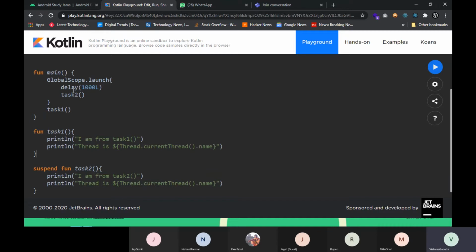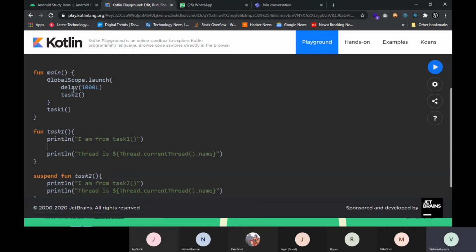While printing task 1, if we delay the coroutine that is calling the task 2 function, then the JVM of this particular online compiler will stop, and we won't get the output from task 2. So we'll also tell the first function, which is running on the main thread, to sleep for 2 seconds, Thread.sleep.